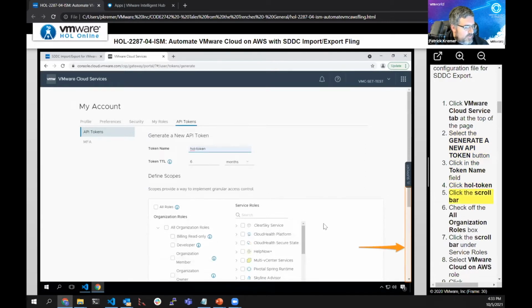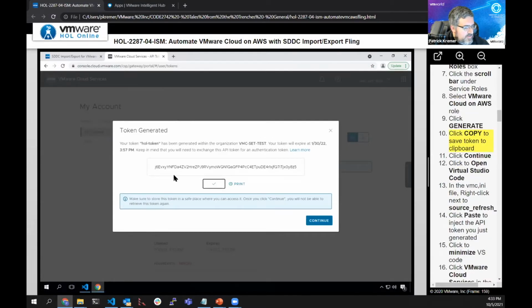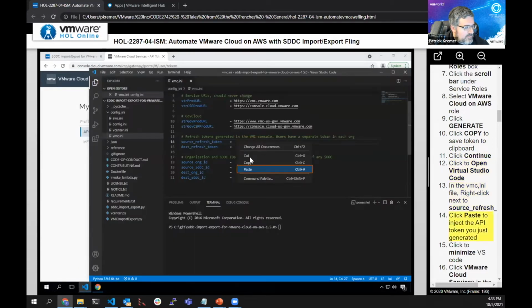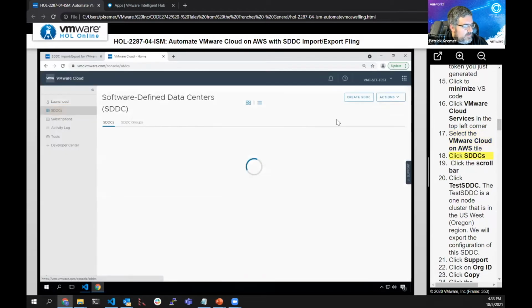Now in this example, we're giving it all roles, and now you generally would want to scope it down so that it is just VMC. You probably wouldn't give it org owner, but for the purposes of a demo, we just did it. You copy this big long string, which is an API key. And then really there's only 6 bits of information to make this Fling work. You need a refresh token for both your source and destination. And then you need the source and destination org ID. So you'll paste all that in, and